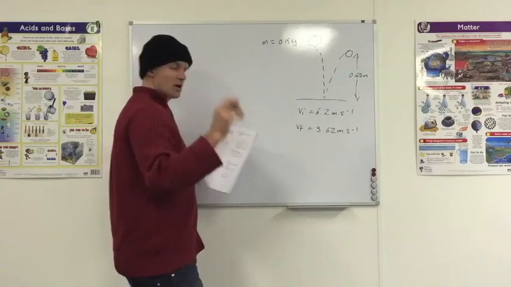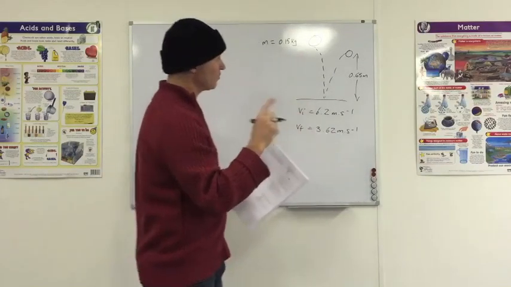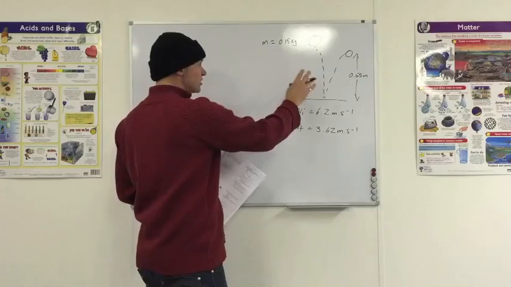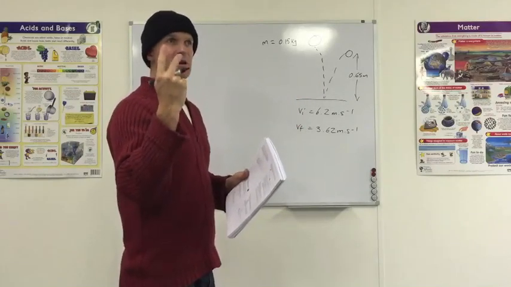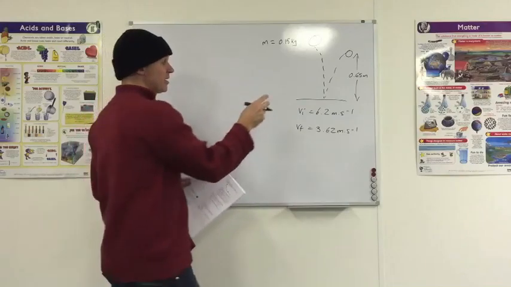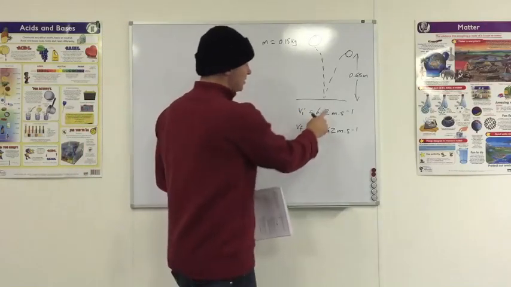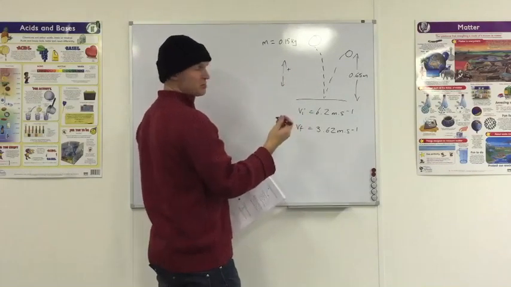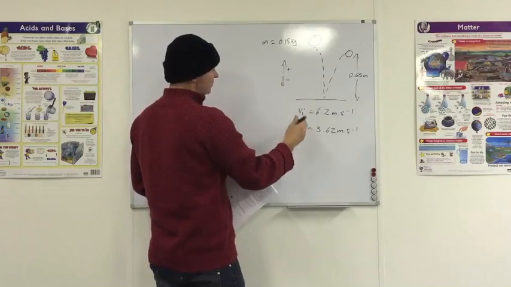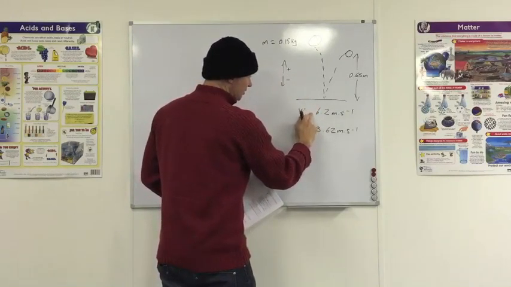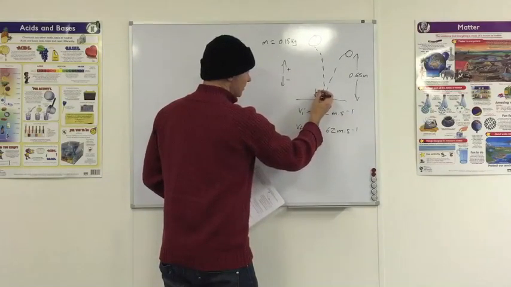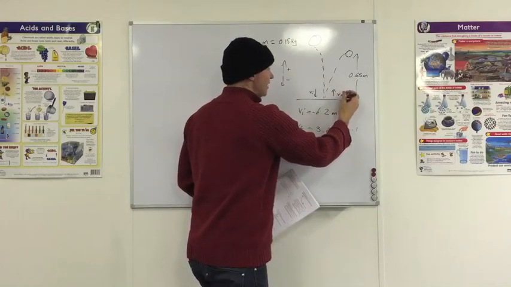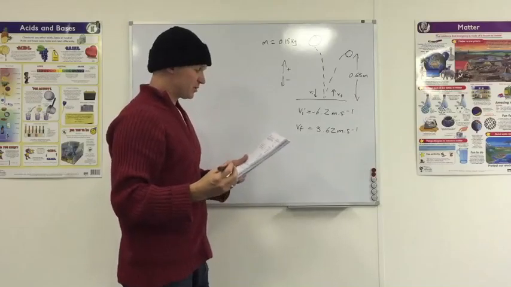Now at that point you should be going red alert, red alert. You haven't worked out your direction, mate. You've got to work out your direction. So whenever you draw a diagram, remember the whole 3D thing, draw your diagram, decide what direction is positive, and then you can write your data. I've jumped into data, haven't defined my direction, so I'm already making a nice little mistake right there. So why don't we choose up as positive, same as we want to stay above the ground, then down is going to be negative, which means that my initial velocity as it's coming in should actually be minus 6.2. And as it bounces off the floor, it's now going to be plus 3.62. Okay,